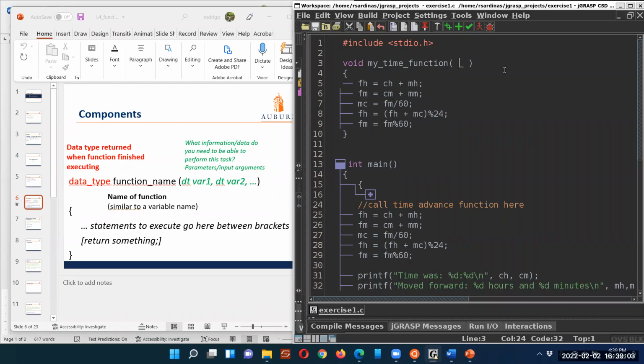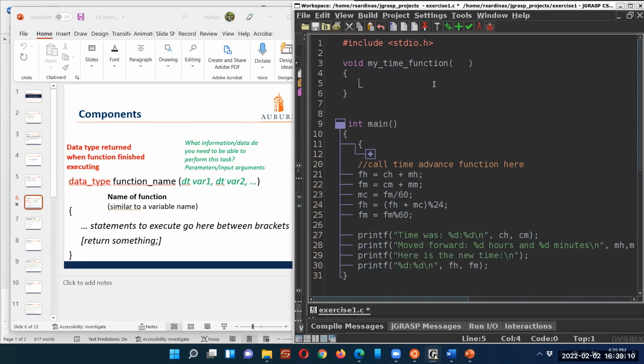So looking at the code, let's undo this. Looking at the code, how many parameters do I need? Four parameters. So how many pieces of information do I need? What are they? They're all ints. I need to know the current hour, the current minute, the move hour